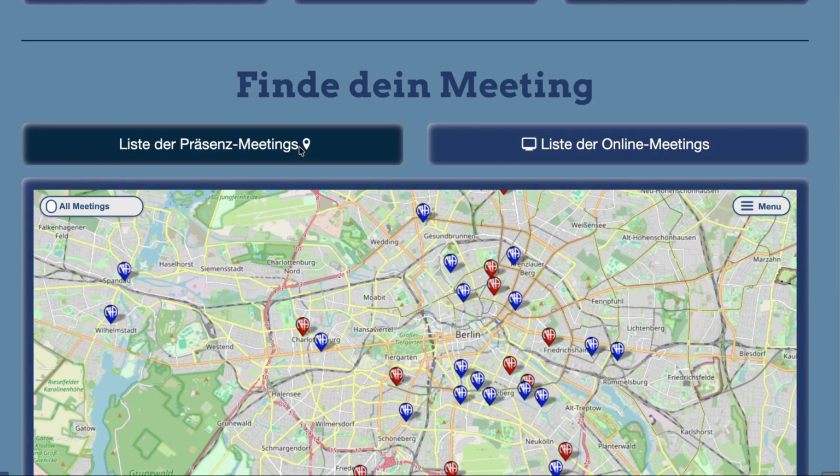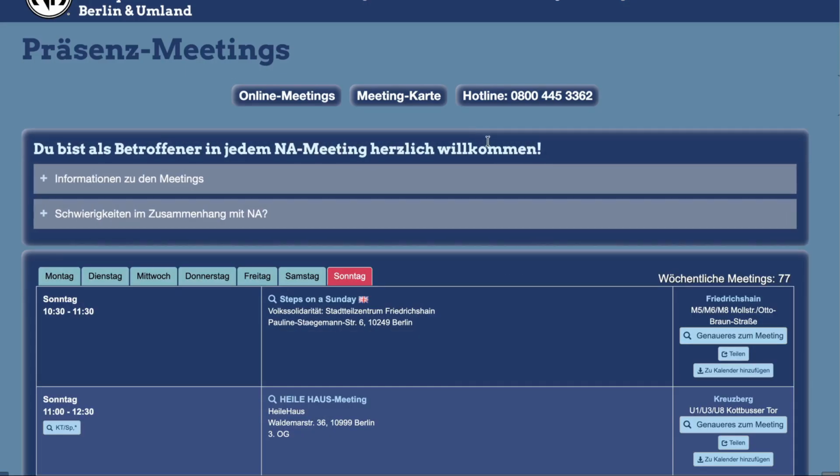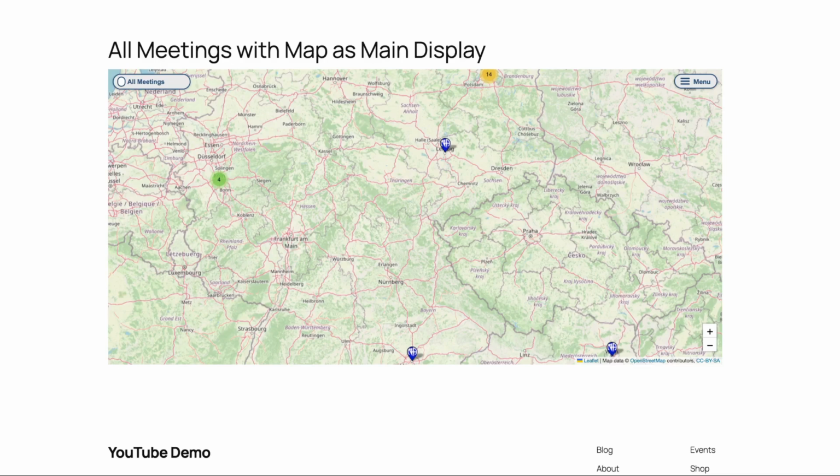As an aside here, I want to note that virtual meetings don't have a location and therefore cannot appear on a map. They can appear either combined with in-person meetings in a table or on a separate table, but not on a map. What the two shortcodes I've talked about so far have in common is that they typically